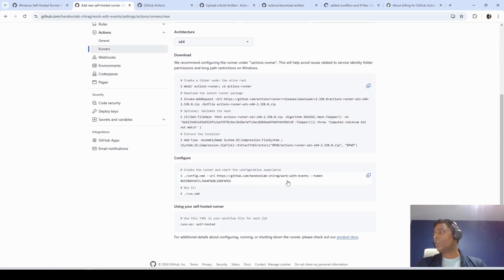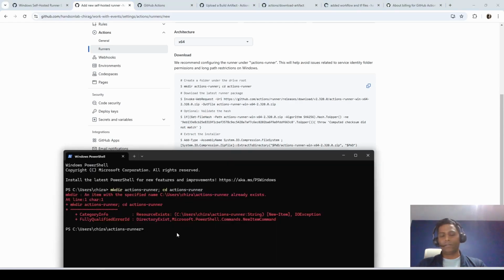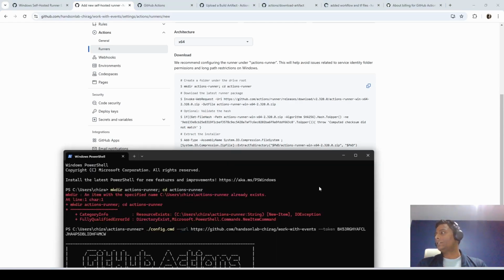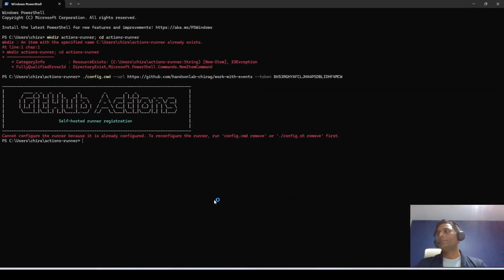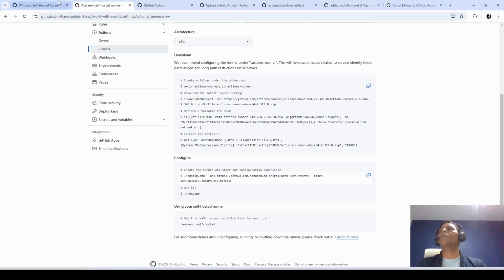After that, you configure with this token. So let's do that, because you have to do it. So you can see something like this come up. Because I have run it with a different repository, I have to remove it. One second, let's just remove that. I think I have to remove it from